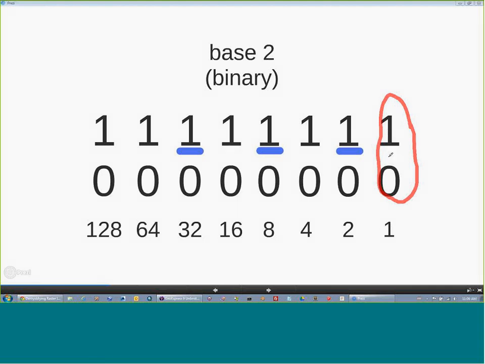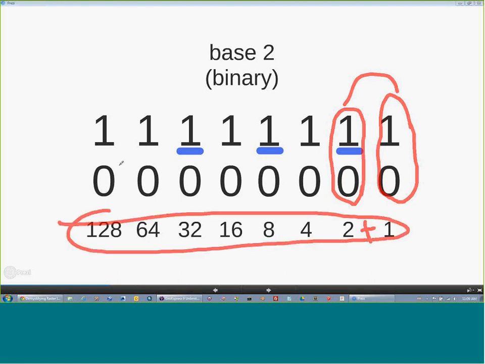And in this space here, if you have a 1, it represents a value of 2. So if you put these together and you had what looks like an 11 there, that would be a value of 3 because you would just add those together. And so forth. So if you were to add all of them together, the highest value that you can get